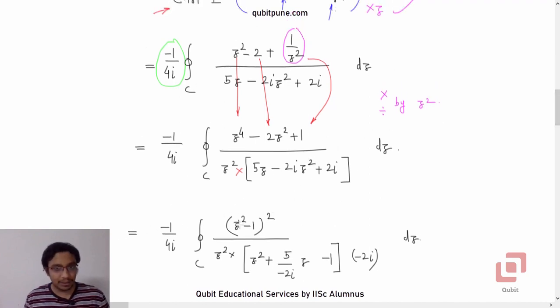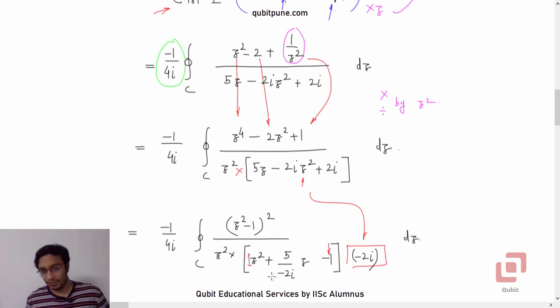Now the numerator can further be simplified to z squared minus 1 the whole squared. Keep it as it is. And as I told you in our previous problems, whenever you are finding the poles or whenever you are factorizing the denominator, always make sure that the coefficient of z squared or the highest degree term is 1. Okay, in this case it is not, it is minus 2i, so take minus 2i common from the denominator. Okay, so as far as z squared is concerned, its coefficient is now 1. The constant term is 2i, you have taken minus 2i outside, so it will be minus 1. Okay, and the first degree term 5z divided by minus 2i. All right,